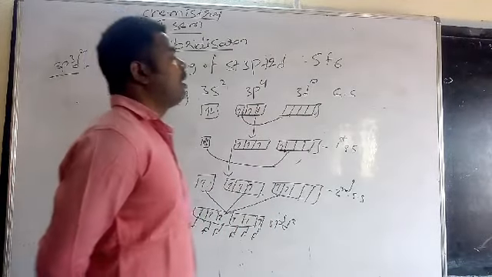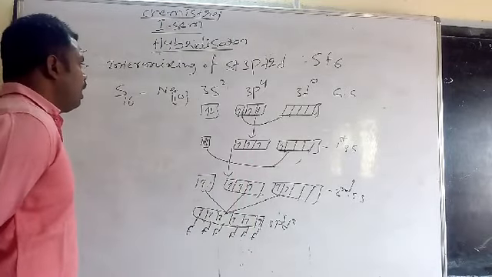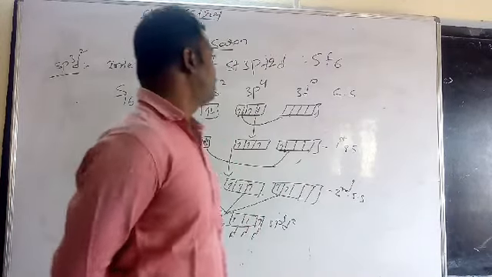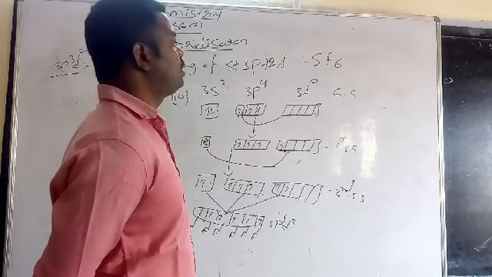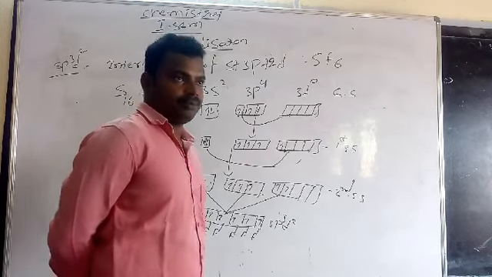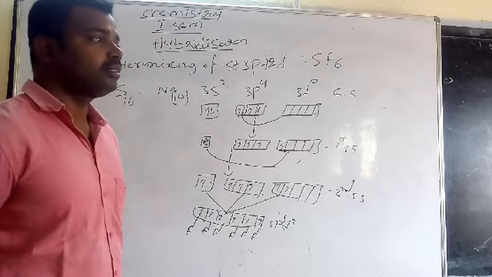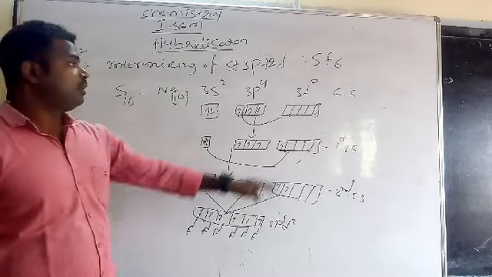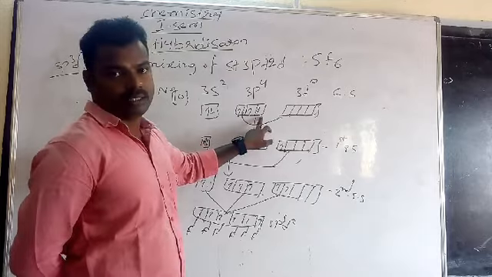In the SF6 molecule, the center atom is sulfur, atomic number 16. The electron configuration is [Ne] 3s2 3p4 3d0. This is the ground state electronic configuration. For the formation of the SF6 molecule, sulfur requires 6 unpaired electrons, but in the ground state electronic configuration, in the valence shell only 2 unpaired electrons are there.